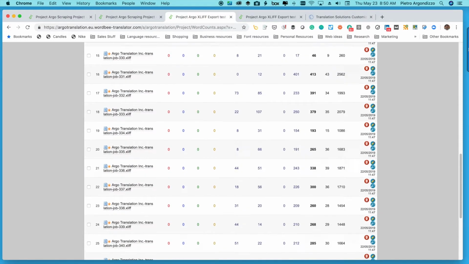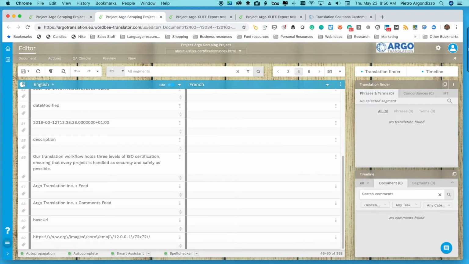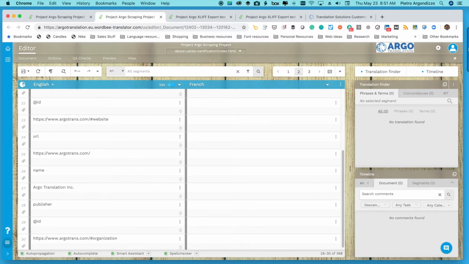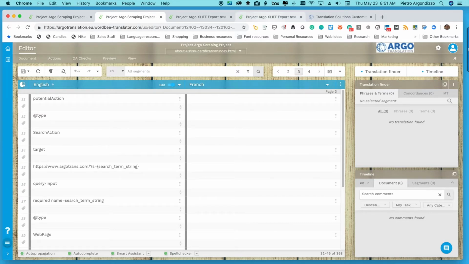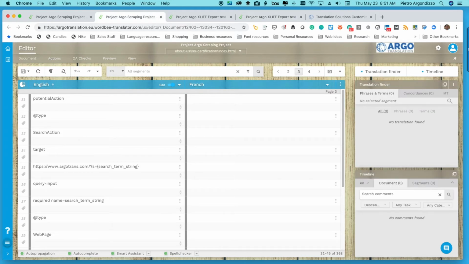So to recap a bit, the issues that we've discovered so far is no ability to import the content if you get approval, if you have that HTML grab. The format of the content, you've seen that this is terrible in terms of looking at all the little pieces of code that aren't even supposed to be translated. I had to go through 2 pages of content before I actually got to text that would be translatable. So there's that. And the word counts. So if I'm expecting to do an apples to apples comparison, there's really no way to do it. And last but not least, the variability in the settings that are used on the website extraction tool.